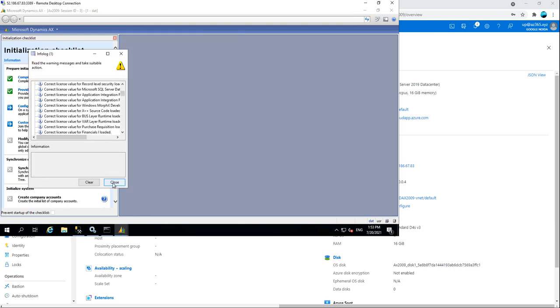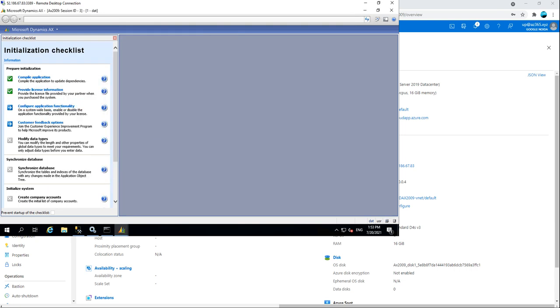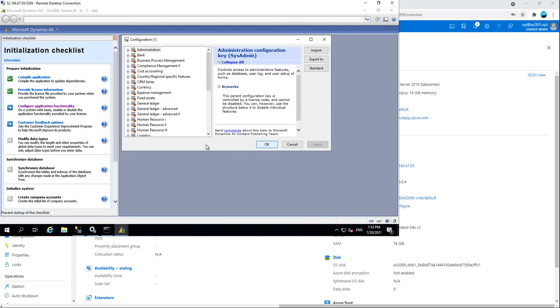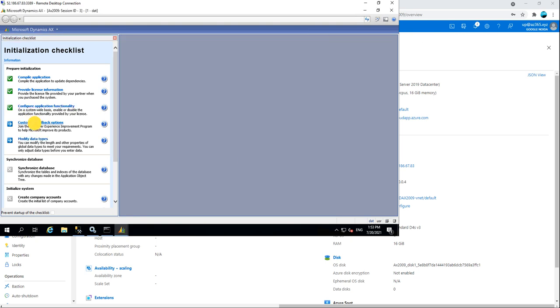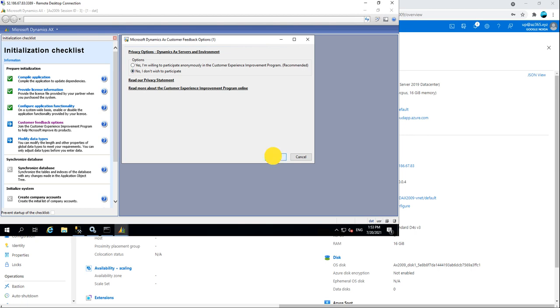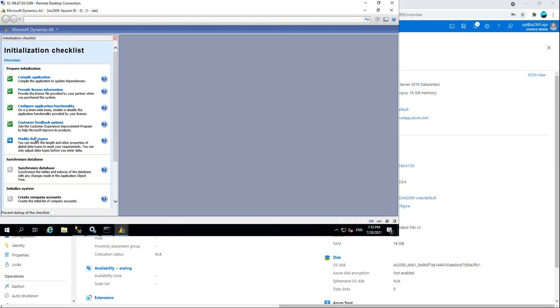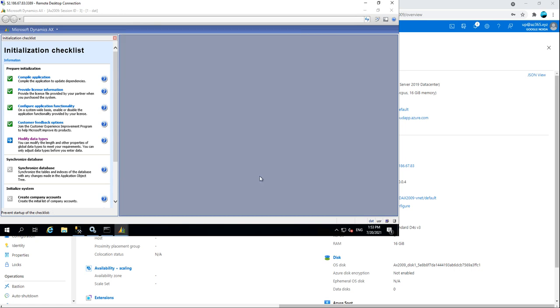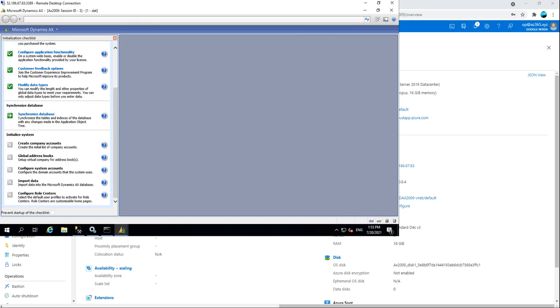Yes. So configure the application functionality. We will do it later. I will just click on OK. And then customer feedback form, I will just say no. I don't want to wish for the feedback, but you can actually, if you want. Even this also, I'm just saying OK. And now another synchronization of the database will happen. So this will be quick,